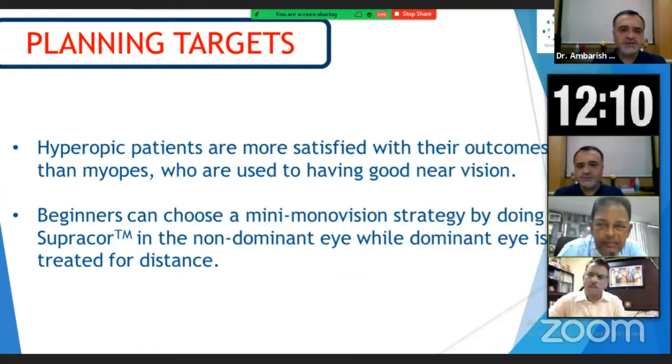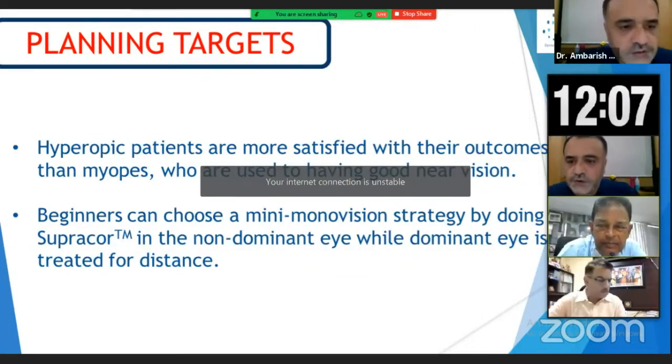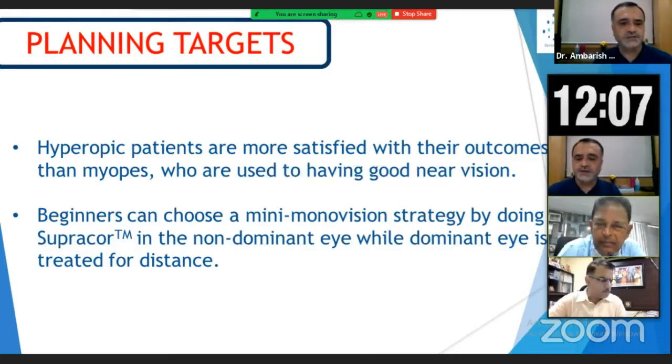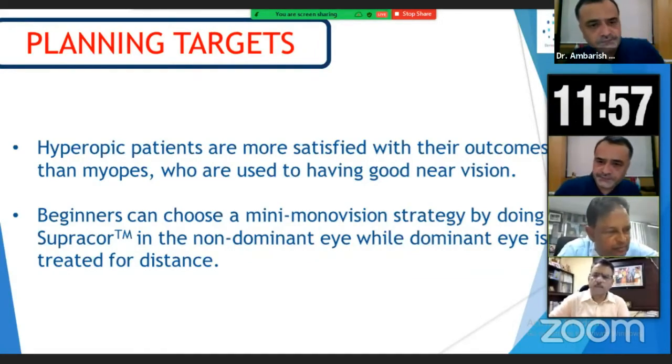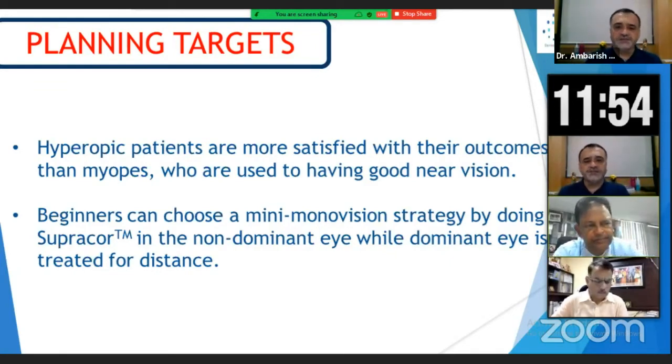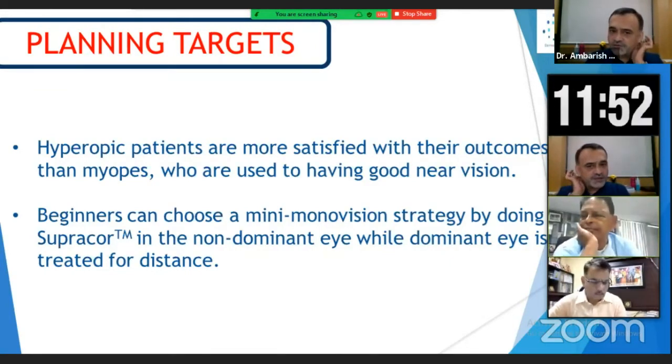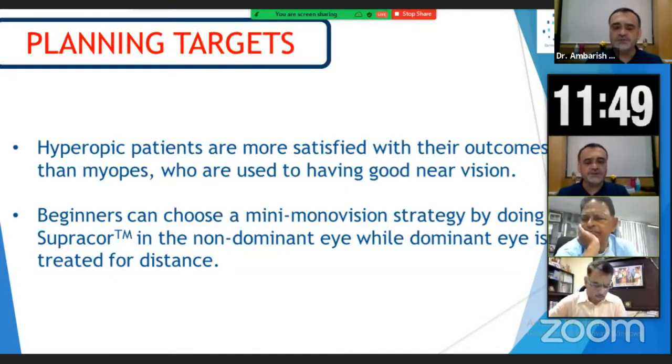In my opinion, basically, whenever you choose any patient for presbyopic correction, you have to understand the nomograms provided by the machine, and simultaneously you have to understand what your patient is expecting from you. My choice of treatment will not be as per the nomograms for the patient. Instead, I would prefer asking the patient, I'll give enough chair time to the patient, I'll understand his needs. And then accordingly, we can slightly modify the nomograms and provide a good post-operative result.